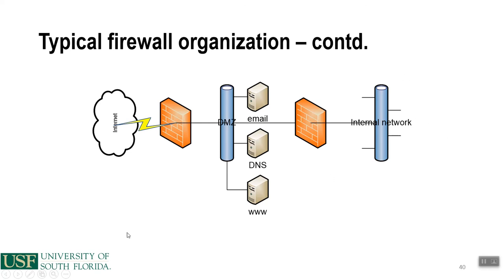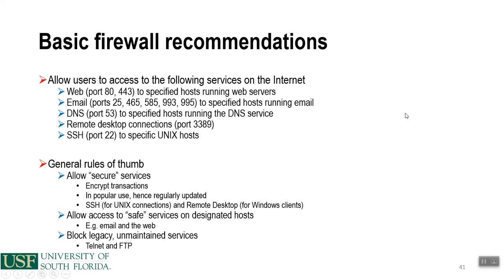There's defense because there's a lot of levels associated with it, there's a lot of depth associated with it. So, some basic firewall recommendations. I can't give you exact recommendations that every organization should follow, but the basic firewall recommendations is that you want to allow users to access the following services on the internet. So web ports, 80 and 443, to specified hosts running web servers. So any hosts or servers that are web specific, you can think about them having port 80 and 443 open. With email, you want to have ports 25, 465, 585, 993, and 995 for specific hosts